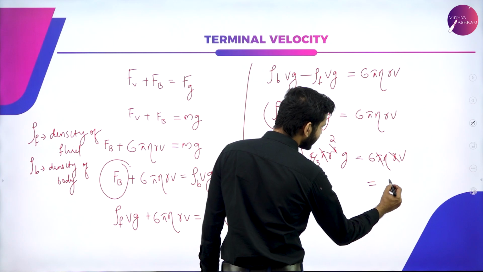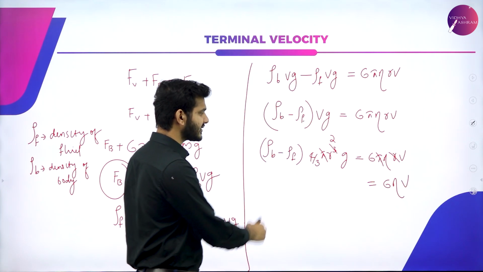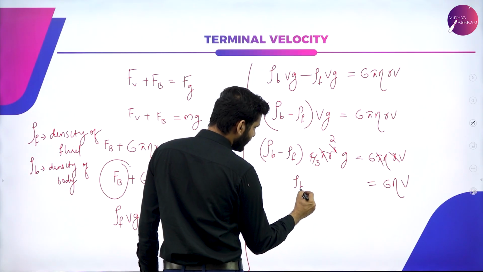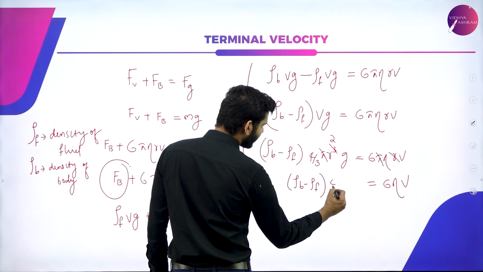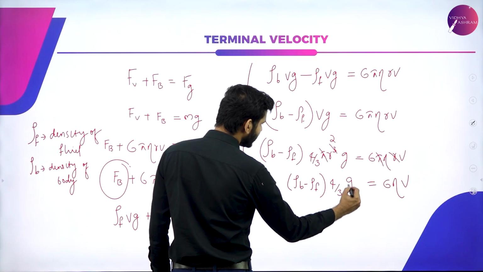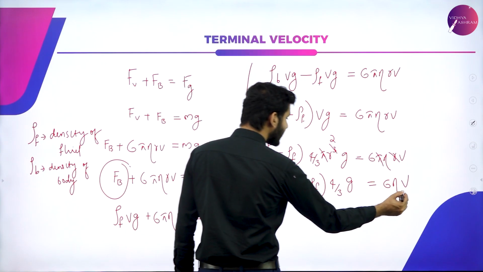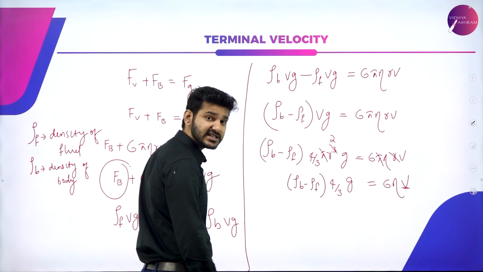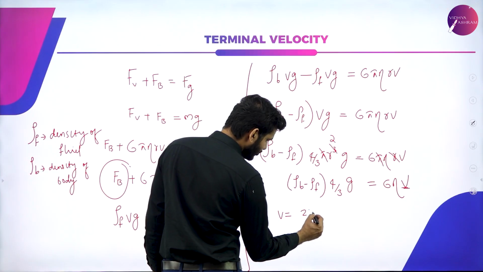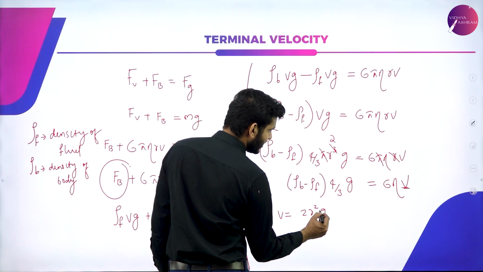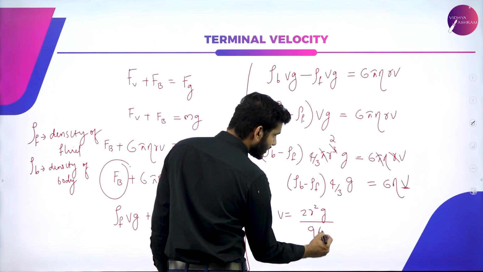On this side there is only 6 eta V, and on this side there is only rho B minus rho F times 4 by 3 G. So rearranging this equation, we'll have an expression for velocity. V will be equal to 2R square G divided by 9 eta